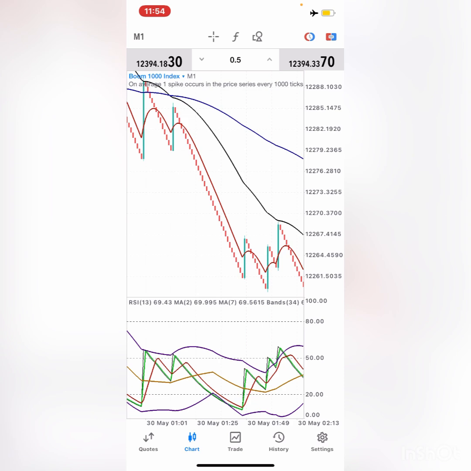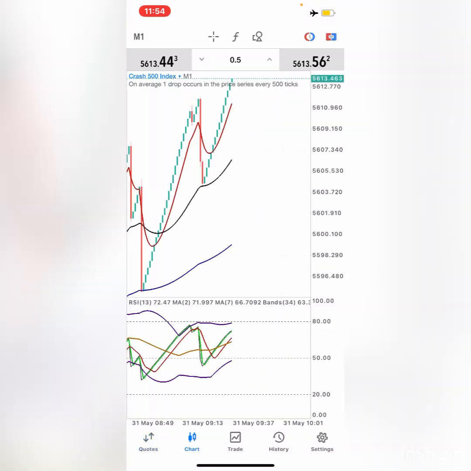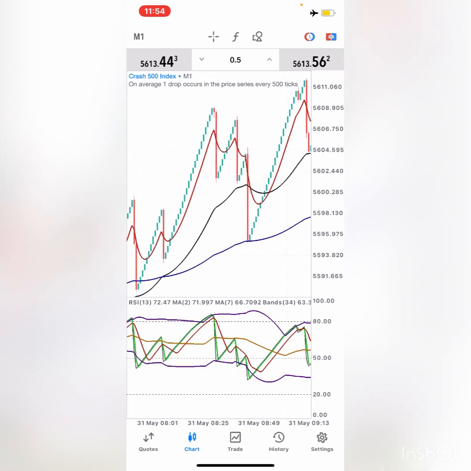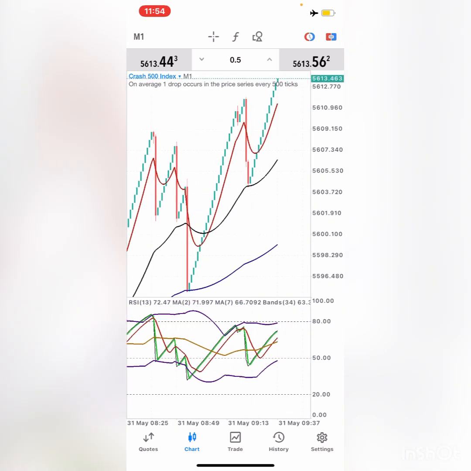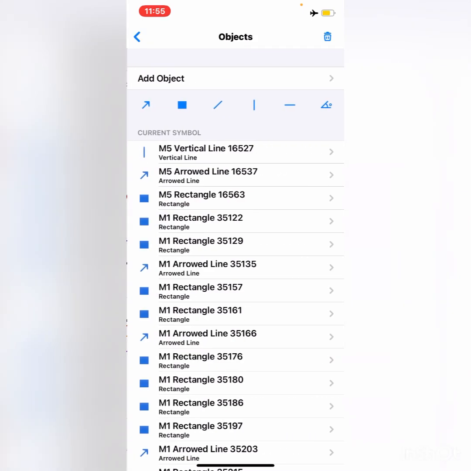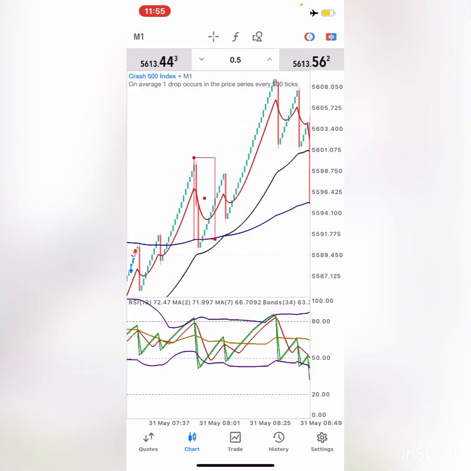So maybe right now, let me just talk about Crash. For Crash, it's pretty much the opposite that you want to see. First thing is, this time you want your red and black line to be above your blue line. Secondly, you're going to wait for a spike as usual, and that spike should be below the black, just like this, right? And then you're going to go to your Bollinger Bands and see if the green line